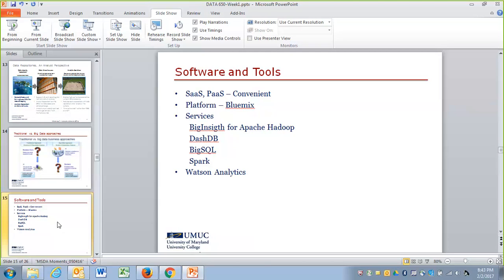So that is the way we are going to work. The platform in which we are going to work is Bluemix, which is the IBM platform. And you would say, why the IBM platform? Well, it's very convenient. We have a very good blend, not only of cloud, elastic cloud, but of valuable analytical tools in addition to the convenient cloud environment. So that is the point why we are going.